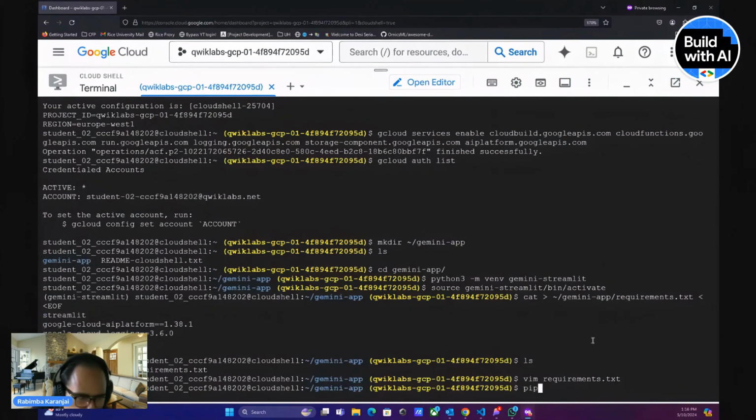Now we need to install these dependencies. What this command does is that it tells pip, which is Python's package manager, to install anything that's in requirements.txt. Once we run it,